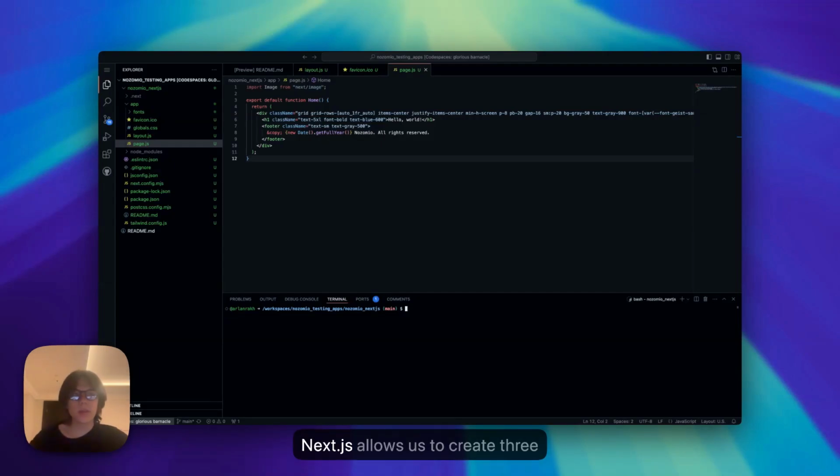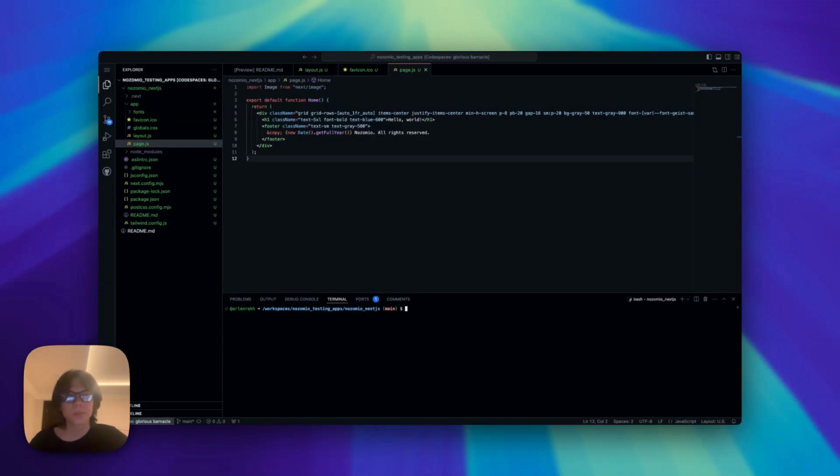So the app router in Next.js allows us to create three different types of routes. The first one is static routes, which are fixed routes defined by the folder structure, the one that we used in our previous lesson. The second type is nested routes, which are routes within routes, allowing us to create more of a hierarchical structure. And the third one is dynamic routes, so routes that accept parameters, making them flexible for various inputs. They're especially useful for creating blog posts, etc. So now let's dive in and see how this actually works